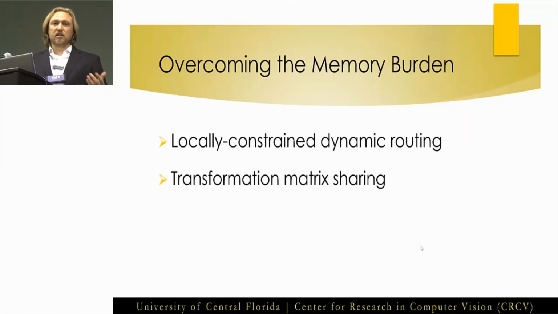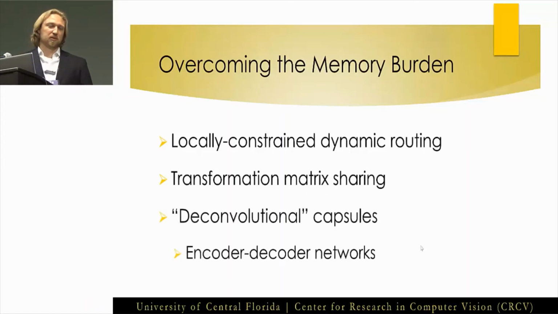Another is deconvolutional capsules, and we're the first to introduce them. In this way, the prediction vectors are formed using a deconvolutional or transposed convolutional operation, and this allowed us to create the classic encoder-decoder network structure that is very common in segmentation approaches. You can think of U-Net in medical imaging,